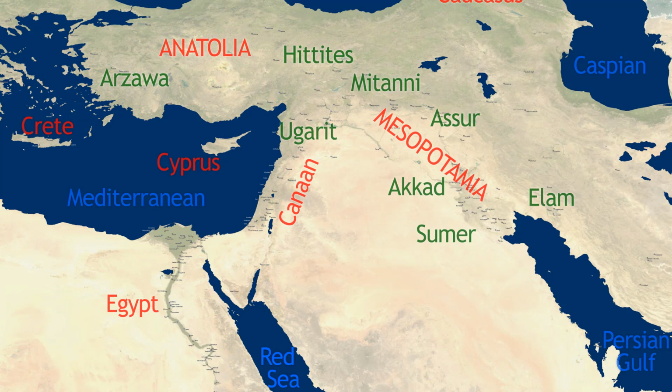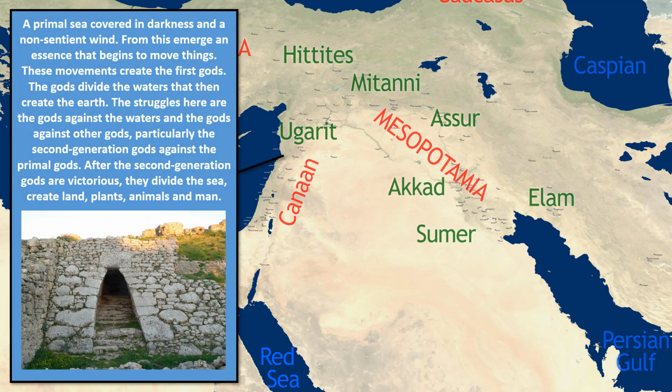Let's zoom out now and talk about the other creation myths that are found in Canaan and Mesopotamia. I want to first talk about the one that was found in Canaan that archaeologists found at the Ugarit site. This is sometimes called the Ugaritic creation myth, and it's very similar to many of the other ones in the Egyptian accounts as well as Mesopotamian accounts, where you have a primal sea covered by darkness and a non-sentient wind. To say it was a full-blown being would be an overstatement. It's more of an essence that starts to move things around, and then from this primal sea emerge the first